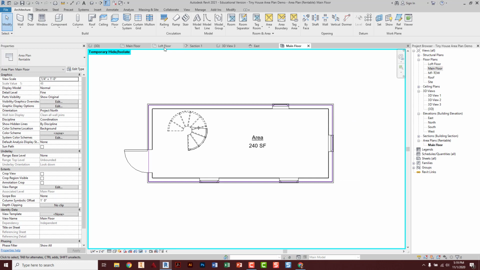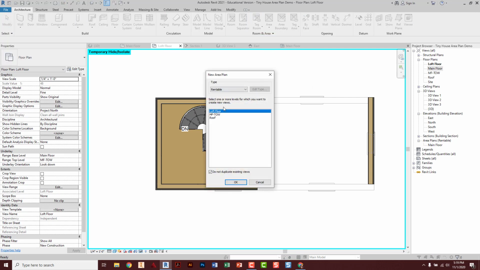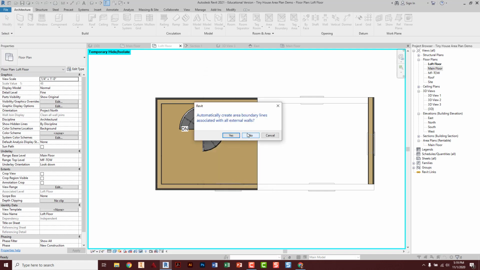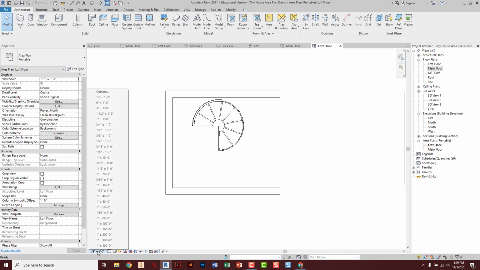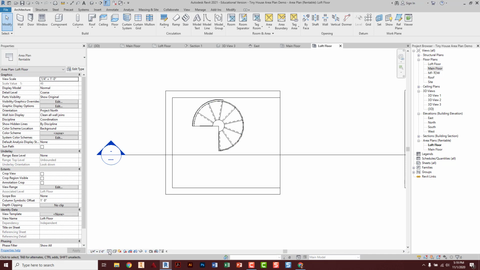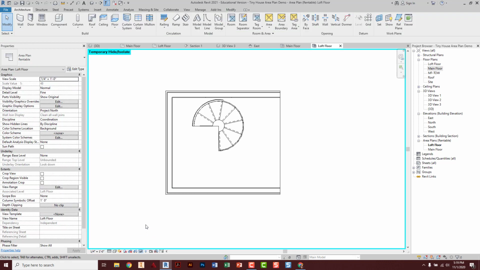Let's do it for the loft quick. I'll go to my loft floor plan. I'll do area plan. And I select loft and click OK. I'm going to say no on auto create boundary lines. Zoom in. 1/4 inch equals a foot scale. Turn that to fine detail, and again, just leave it black and white. I'm going to hide the section view quick. And then I can go up into my area boundary,